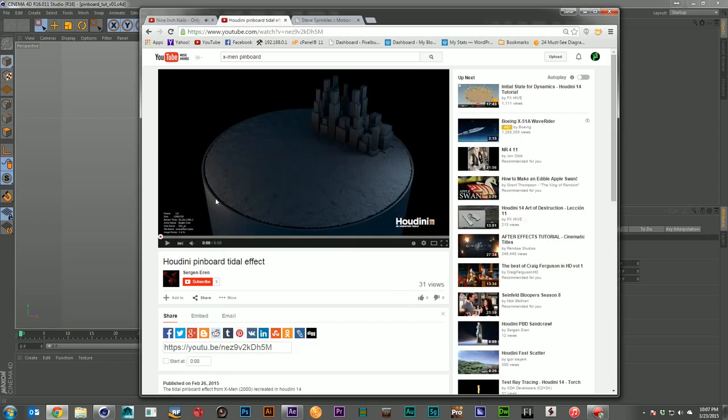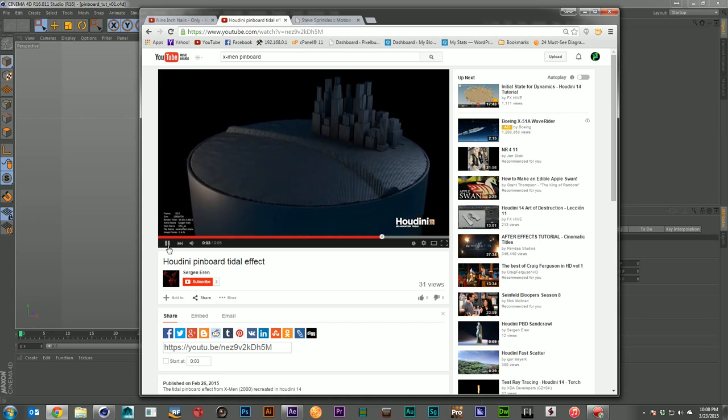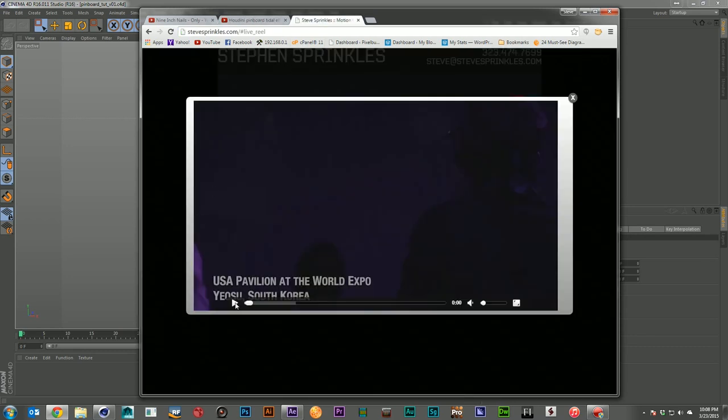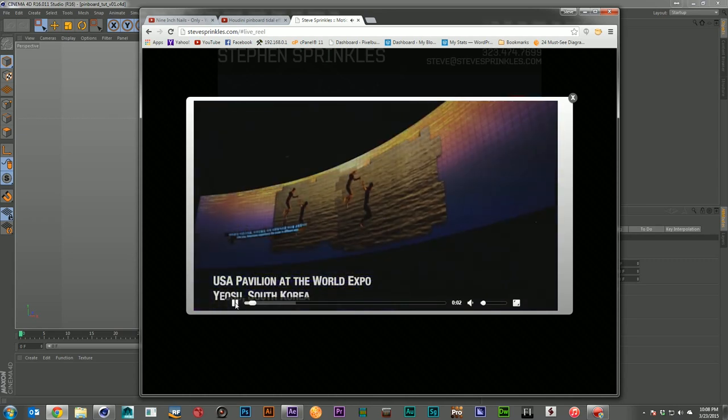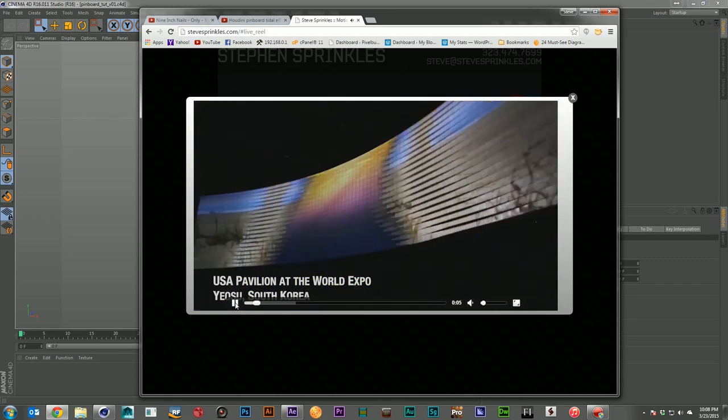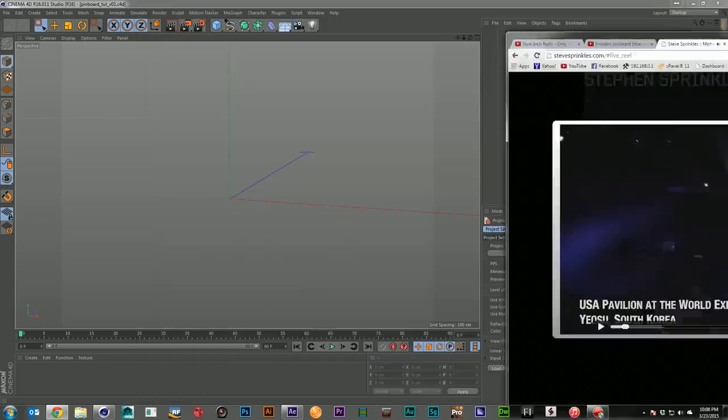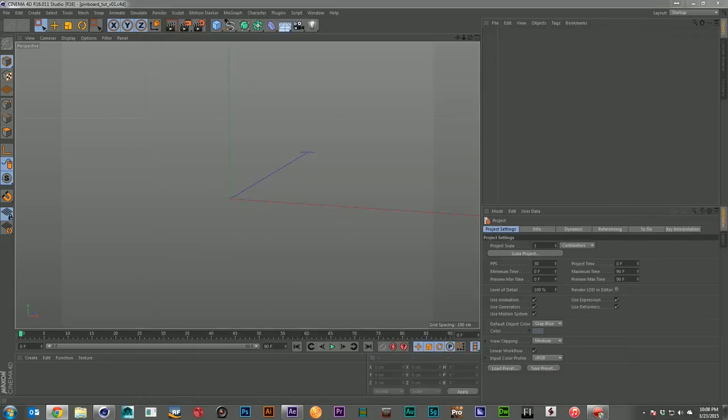Or something more like this from the first two X-Men films, where they had a table pinboard which showed an idea of how their mission would go. Or something like this that I've done more than once, which is a flipboard animation with a bunch of tiles that all move independently of each other. And all of those are very easy to recreate here in Cinema 4D using the cloner and just a couple different effectors. So let's dig into how to do a couple of them.